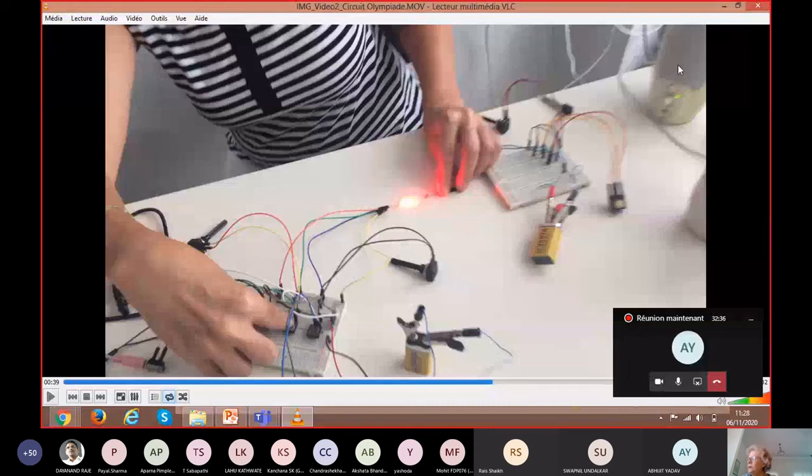And this is to hear the sound. Okay, with this circuit I can put on the red color only, or the green, or the blue, or I put three of them on together. And we put in this